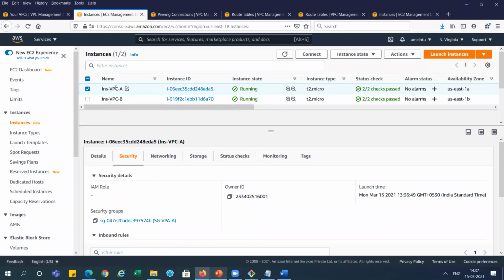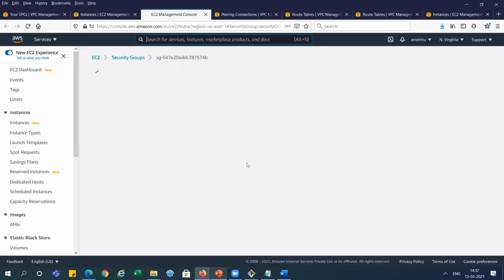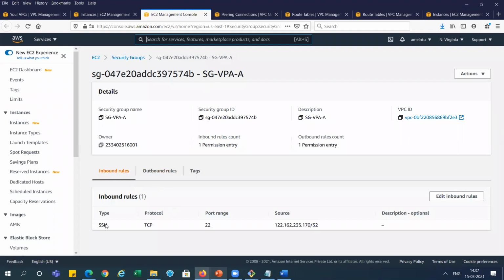You can see in this VPC A, we are using the security group that we created earlier, right? And you can see here, this security group allows access only from my system. The source is my system, right? But this time we are getting the request from another VPC.